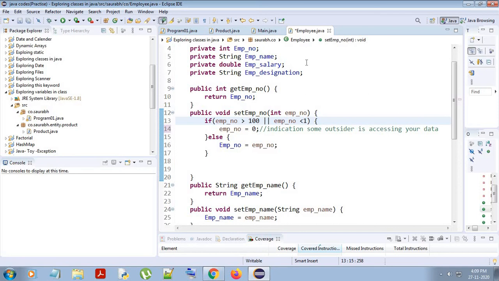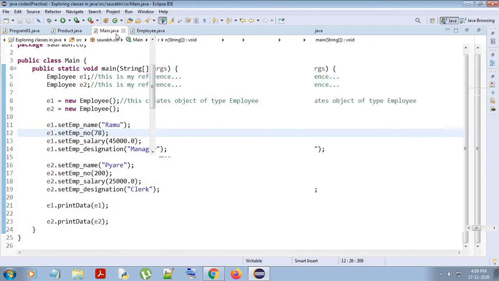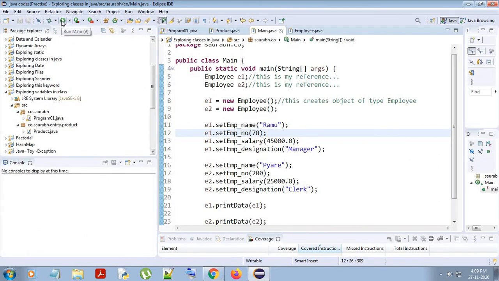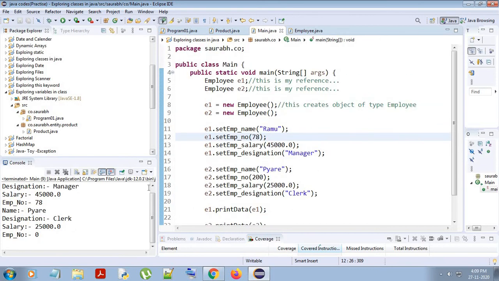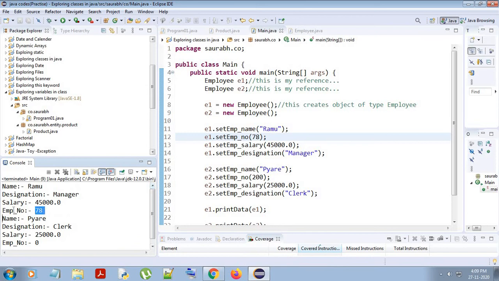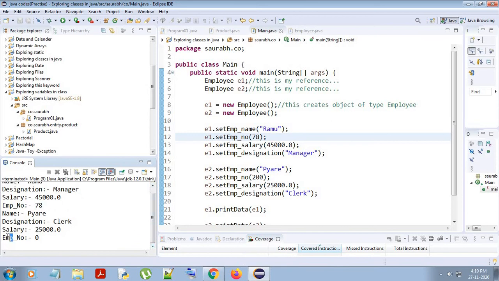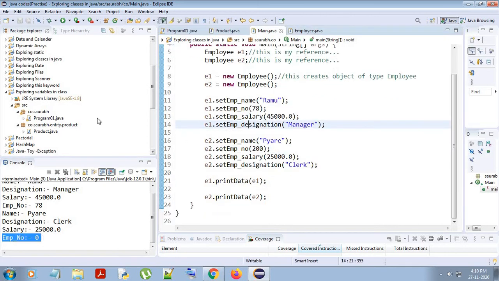So let's run this code and get some more glimpse of it. Yes, look at what we have. See, my Ramu data has got printed, that is the employee number, but my Pyare data has not got printed. It's showing employee number as 0 because we have tried to add an employee number which is greater than 100.